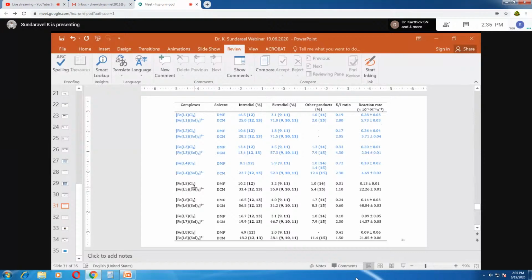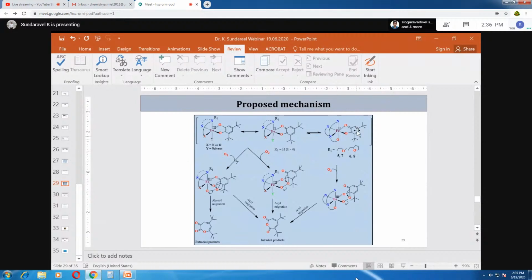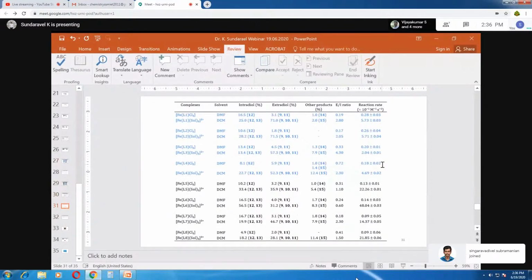Whereas in the case of the second set of ligands, the tetradentate ligands, here we are having a different ratio of the products. In this case, what we observed is that the intradiol cleavage product ratio is very high compared to that of the extradiol cleavage products. This clearly indicates that the equilibrium lies more towards the right-hand side. That is, the tetradentate coordination mode of the ligand is much more favorable in the case of the tetradentate ligands 5 to 8. Here also the reaction rate increases, but in this case, the extradiol product cleavage amount is very, very low when we are having ligands with one more additional donor arm. So the tridentate coordination mode of the ligand is highly important to obtain the maximum yield of extradiol